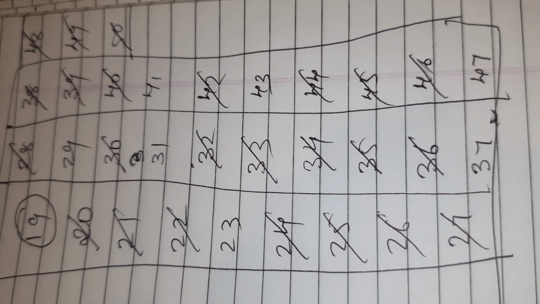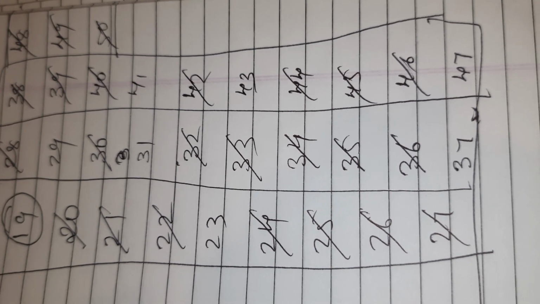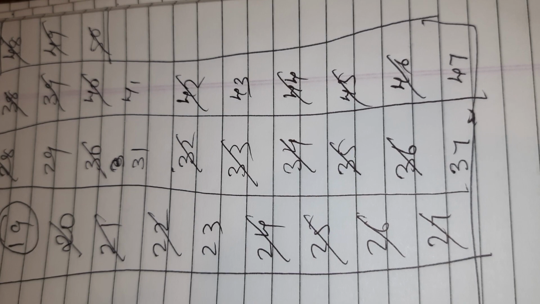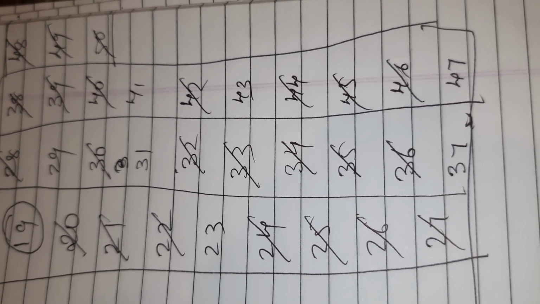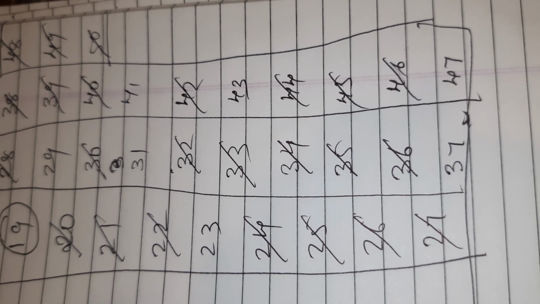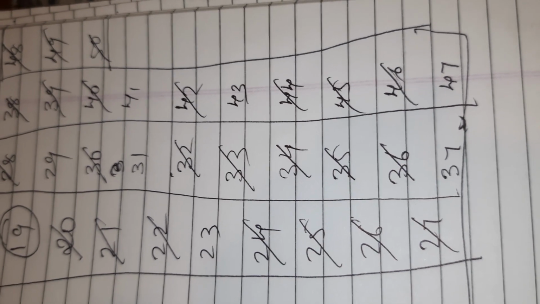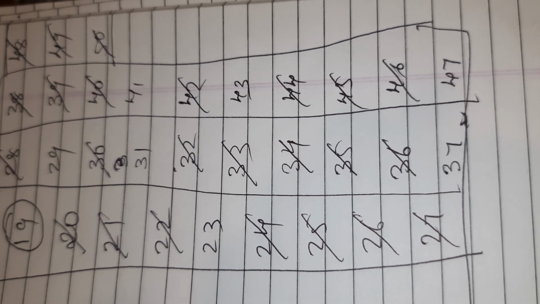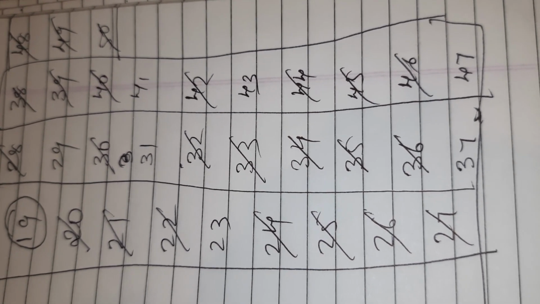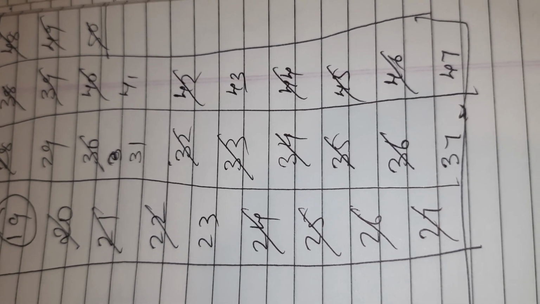See children, I have already done 21 to 50. So you can continue what I showed you for 1 to 20, cancelling the numbers with the prime number 2, and make this Eratosthenes table till 100. Or till 50 you do, because for your second question we have up to 50. So circle 2 and cancel all numbers that are divisible by 2. Same way go on till 7. And after that you circle whatever is left, children.